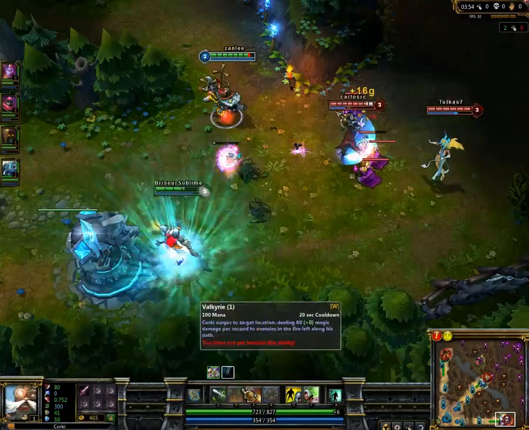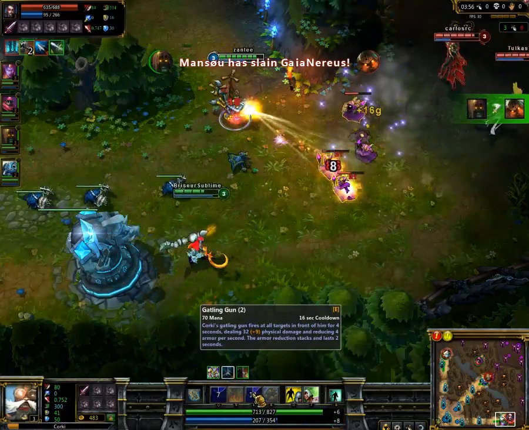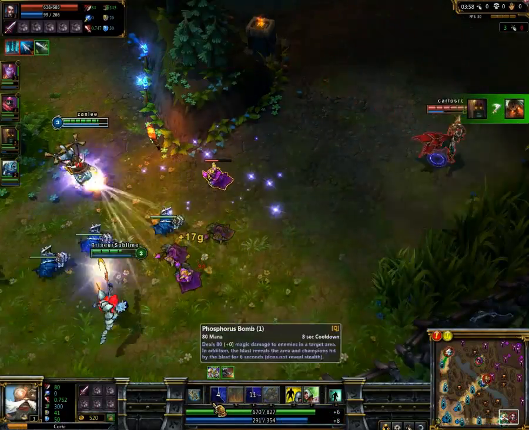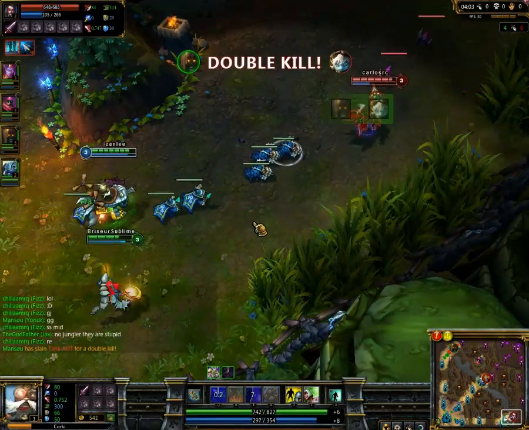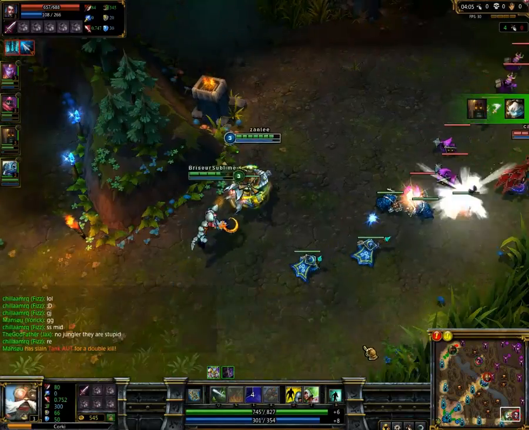So anyhow, Corki is starting off with a 1-0-2, going for the Gatling gun. I'm assuming he took a phosphorus bomb first, because that's normally the first skill to choose. And